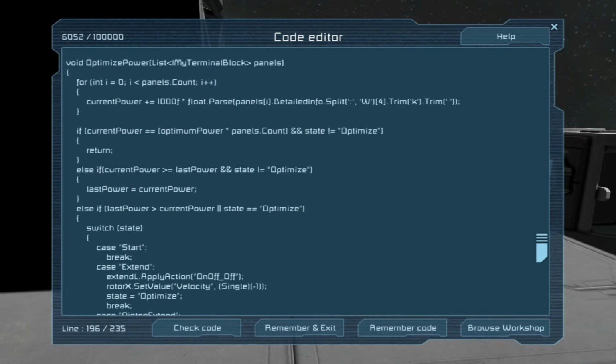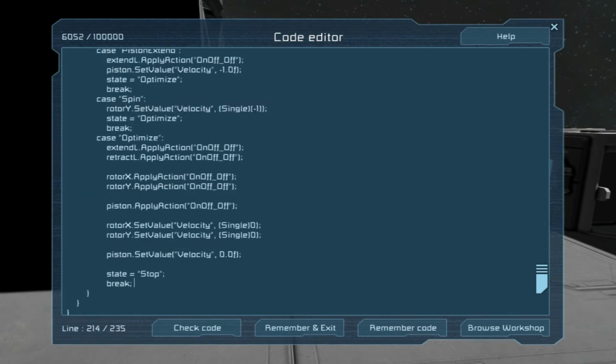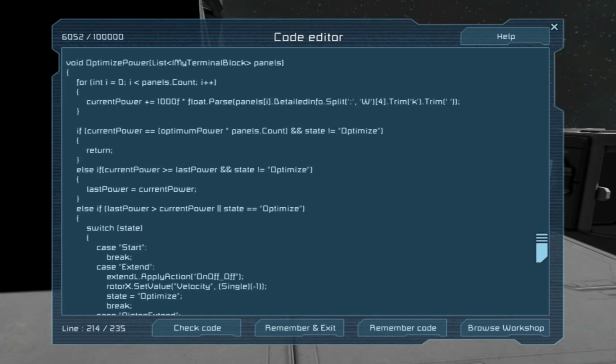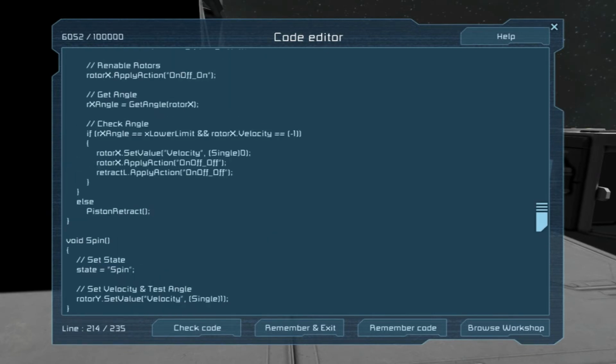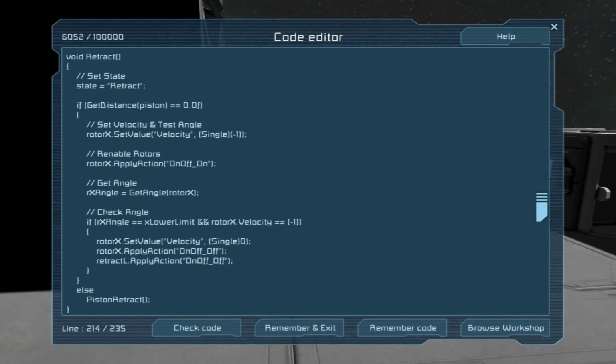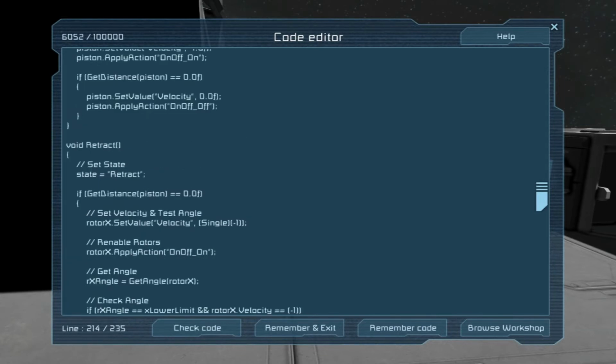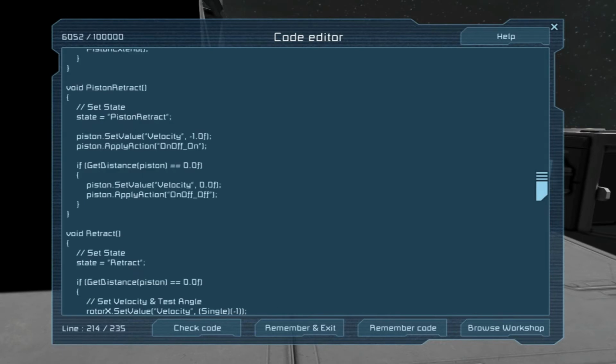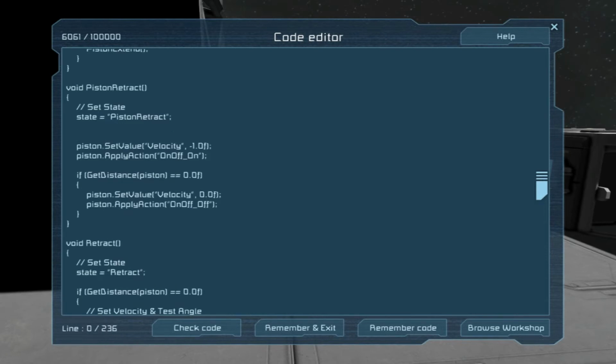Hopefully it works, but I've rarely ever had a single piece of code that I've written that worked the first time, so I'm not holding my breath. The other thing is we need to take into account with the retract method the spin cycle that's now set up. So actually what we need to do is piston retract. And in this method, okay, let's put all of this in an if statement. Let's do if state, or